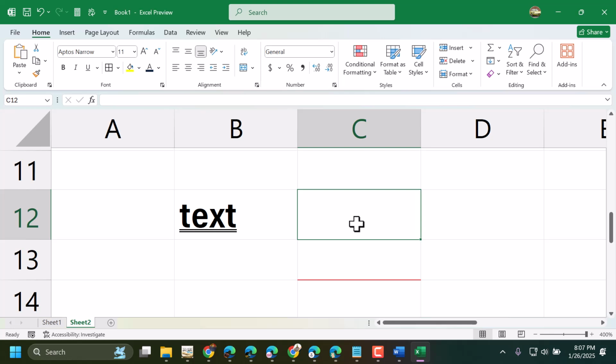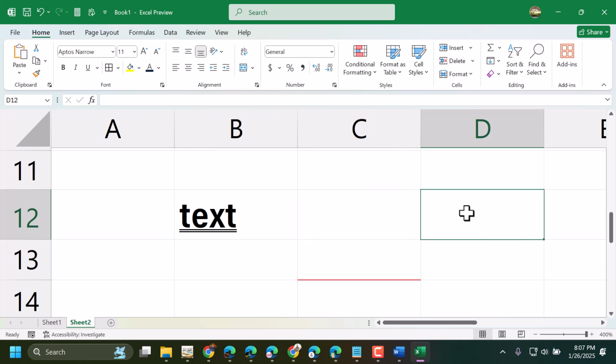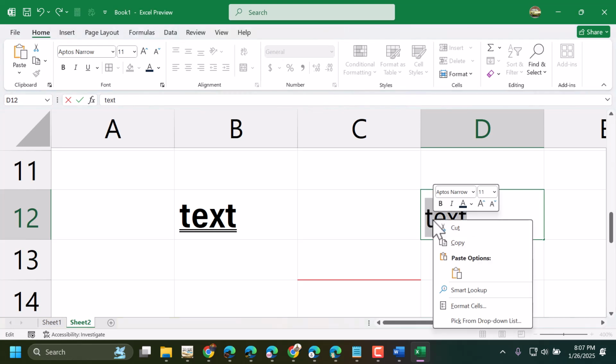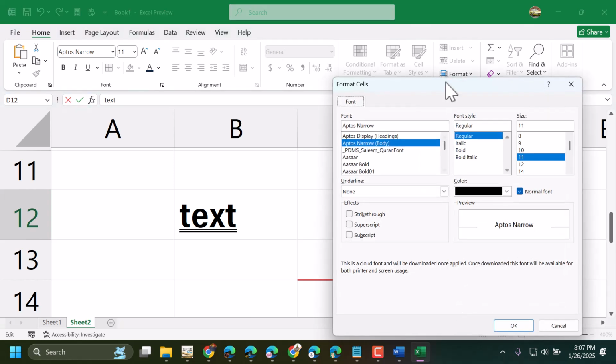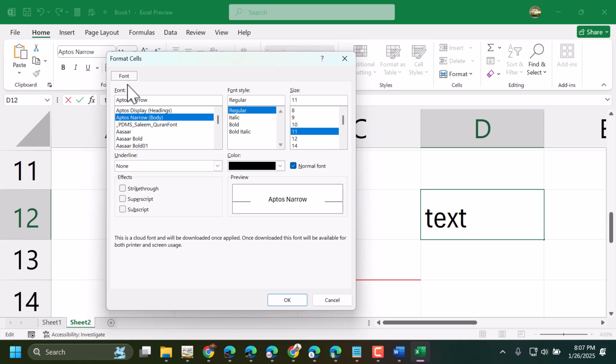Guys, how to double underline text or cell in Microsoft Excel like this. So write your text or number, whatever you need, then select it, right click on it, format cells, and here in the font, underline select double,